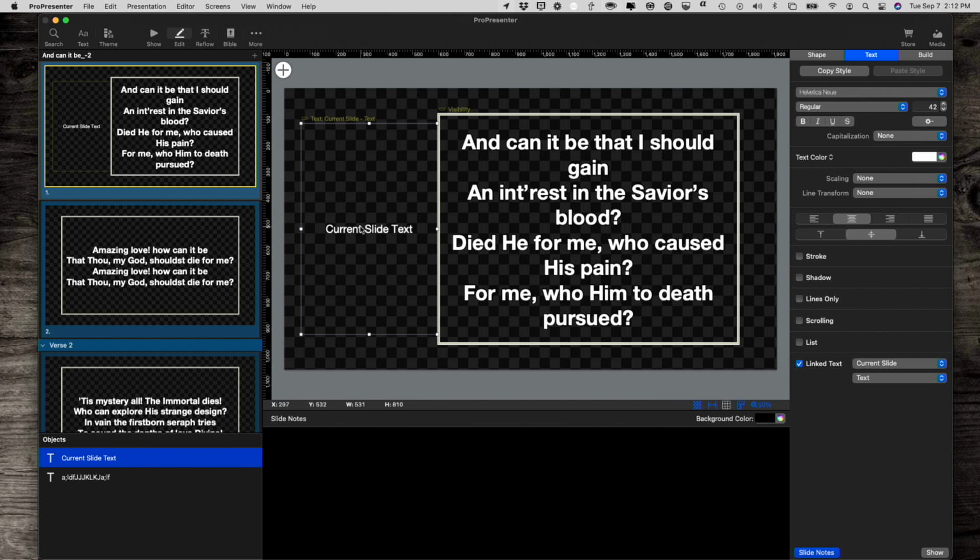But since I've got this selected, let's do some stuff to it, like the line transform tool that they added in, it was either 7.5 or 7.6. So I'm going to remove line returns, and so if we go back to show,